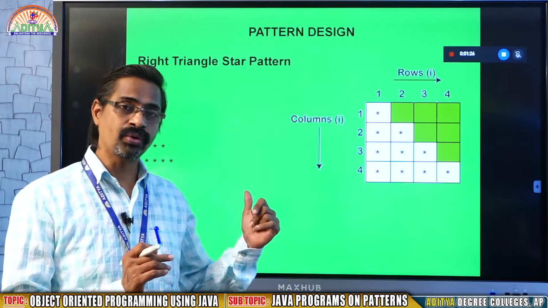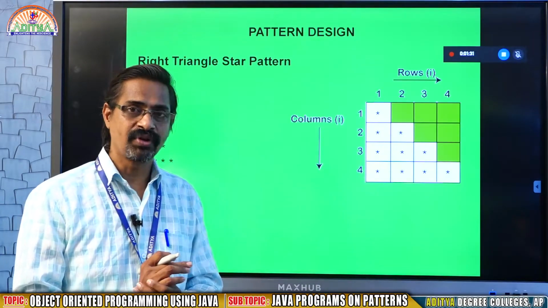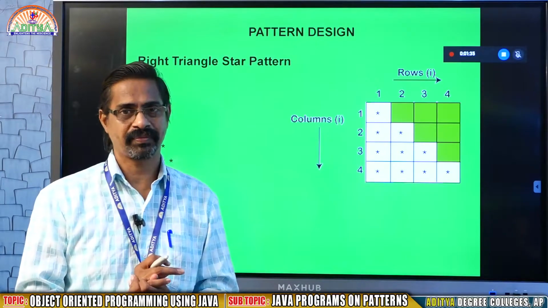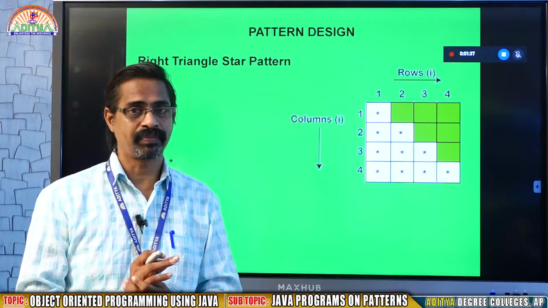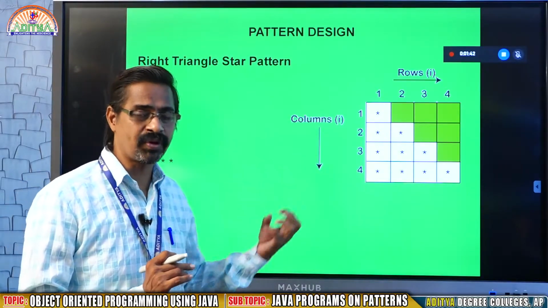When you write this type of example, you will definitely get how we catch the logic of the problem. So that's why I am giving you two examples.